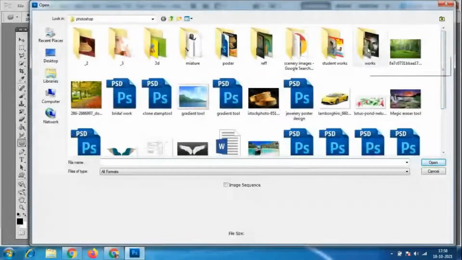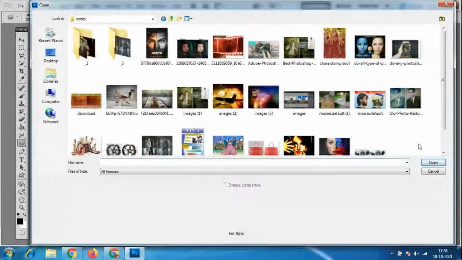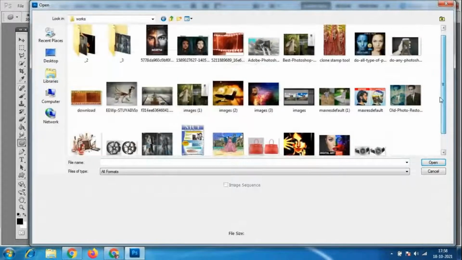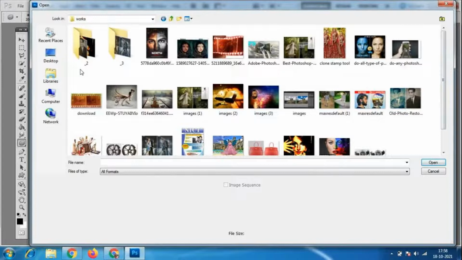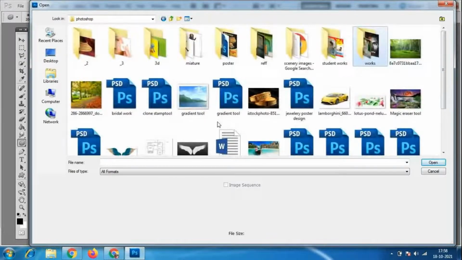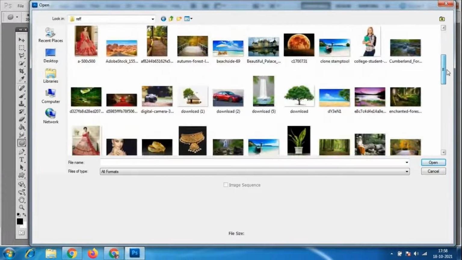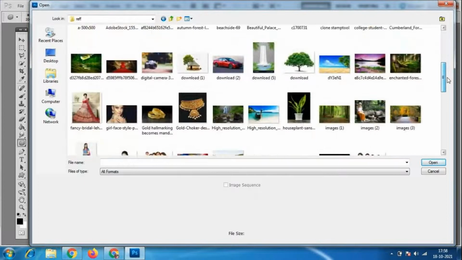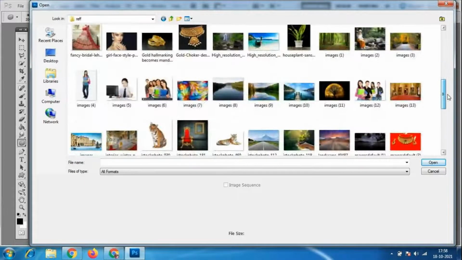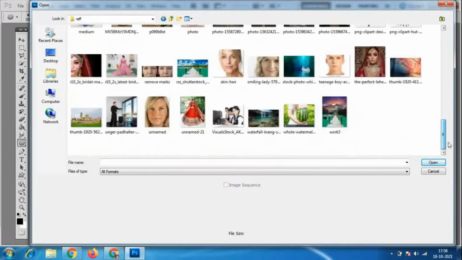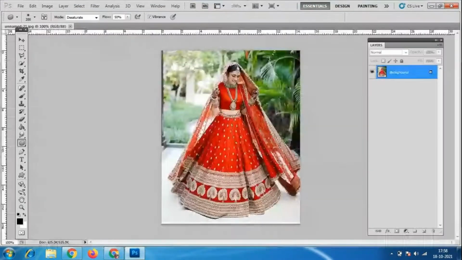Today we will go through the different tools, and for that we need some images for reference. Okay, so what tools are finished?